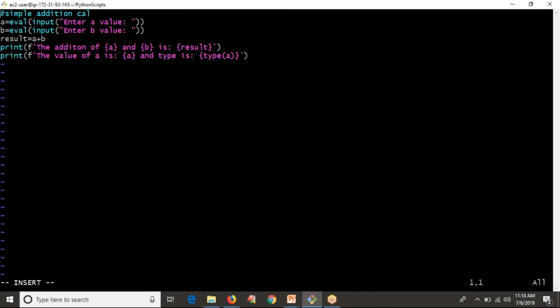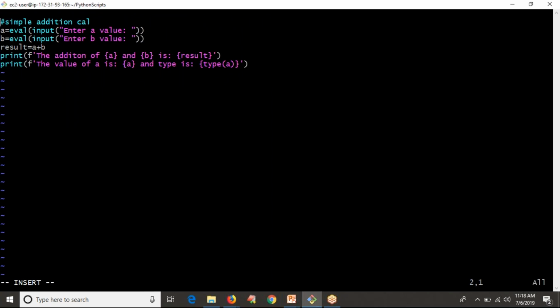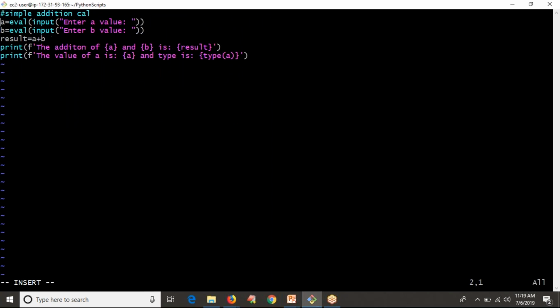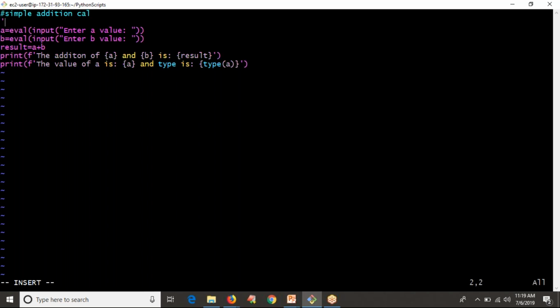So the same program you can also write in this way without any confusion. Let me comment all these lines first. So what I am doing is A equals int, but this syntax will work only to read integer numbers, but you may enter integer or write some float or maybe some complex sometimes.